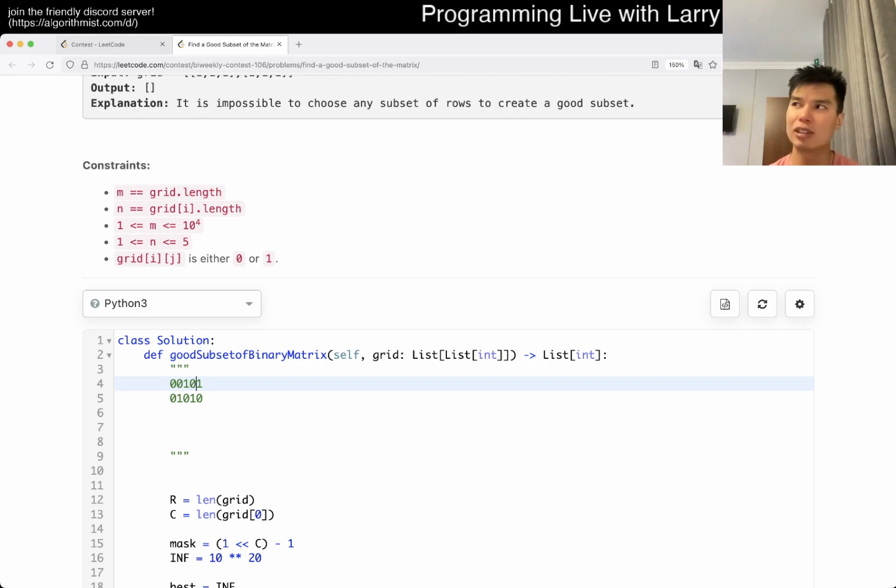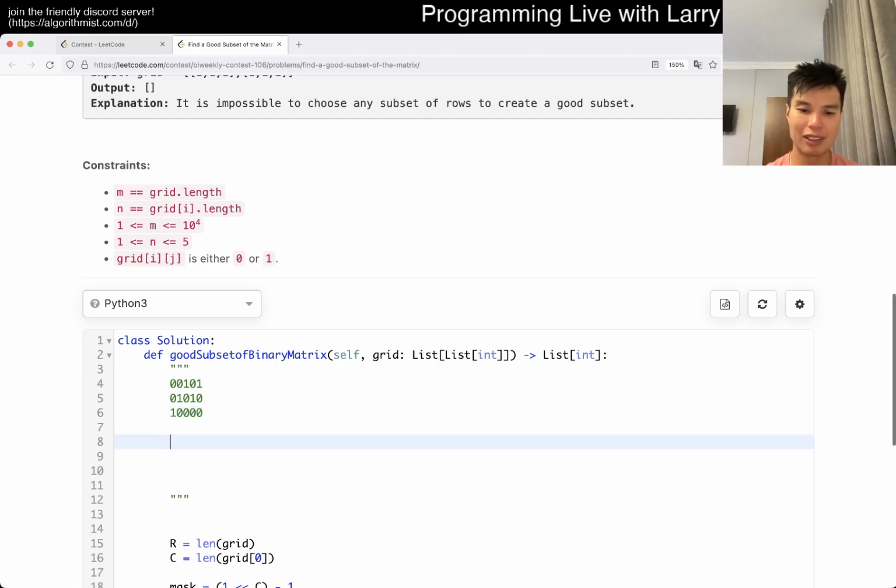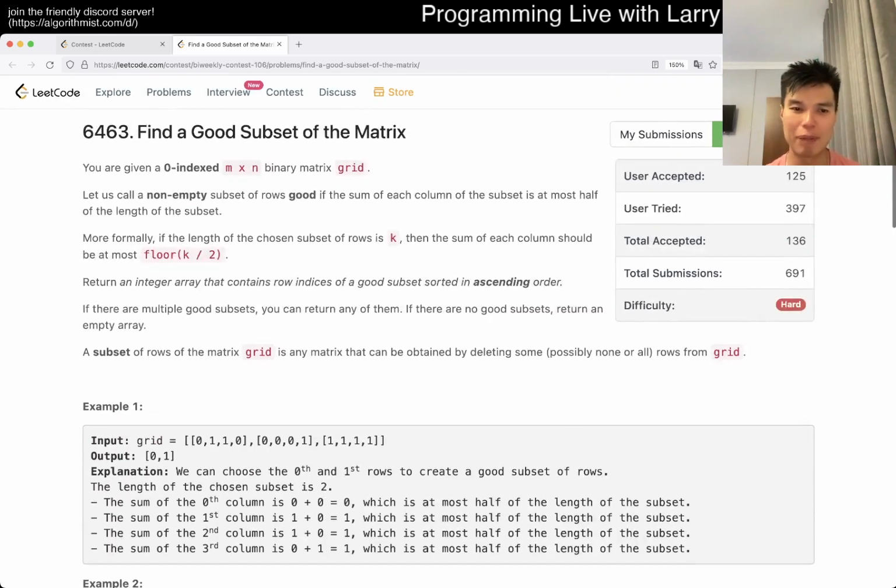I don't know if it's any 2 of these. Yeah, you can take any 2 of these, and it will give you an answer, right? Why is that? Because by definition, it means that 3 is not. I mean, it's not that it's not possible, sorry, but it's just that 3 is not necessary, right? Because this one is not about minimal, so you don't have to return the minimal. But 3 is not necessary because